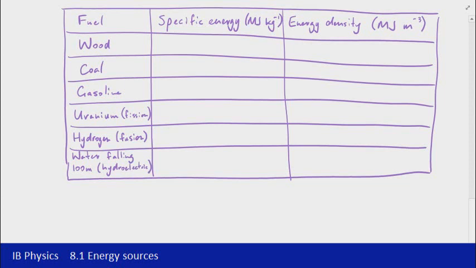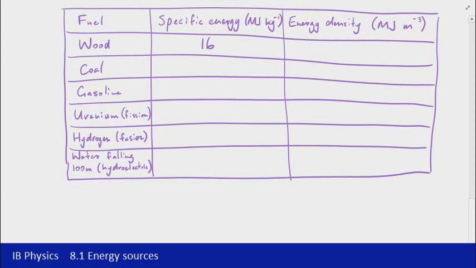And the last one you can see there is if we had water falling 100 meters, so looking at a hydroelectric plant basically. Now, if we want to focus across the way to begin with, we'll look at each source, and then we'll have a look at the difference between the specific energy and the energy density, and then I want to compare each source in terms of specific energy and energy density as we look down the column. So first of all, if we look at wood,